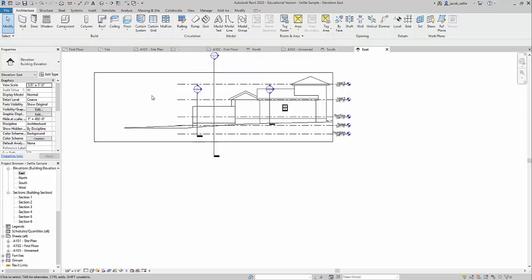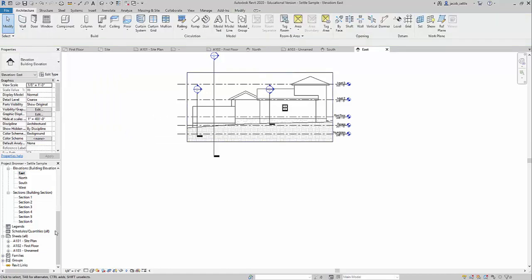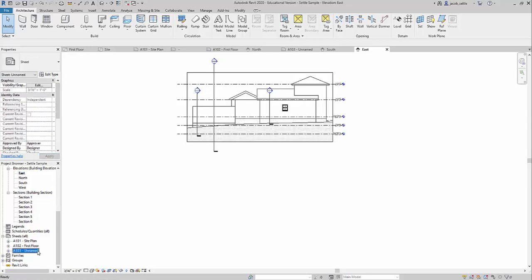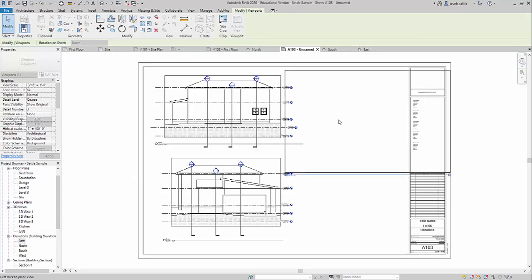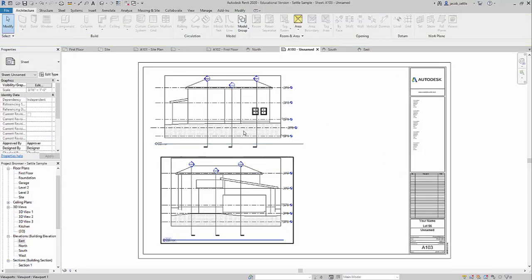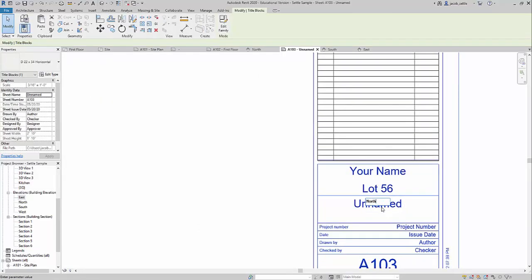I should tell you, if you mess up an elevation, you can just drop a new one in. I'll show you that in just a minute. Alright, so let's see if this is going to fit, and this will have to be set to 3/16 as well. So we'll do that now, and we'll go to our sheet, and I'm guessing this isn't going to fit, but we'll see. Let's bring in our east, I believe. Yeah, east looks like it's going to be a little bit too big there, so we'll create another sheet for east and west. So I'm going to name this as north and south